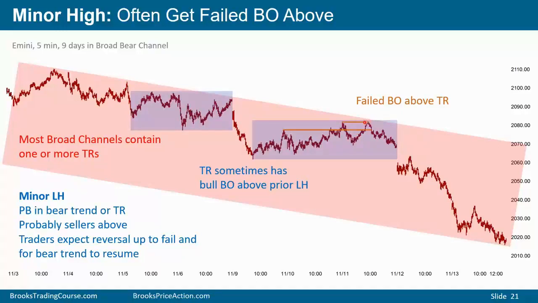At this point, is it in a bull trend or still a bear trend? Well, it's both. It's in a trading range, and whenever the market's in a trading range, it's always also in a bull trend and a bear trend. Here we're getting higher highs and higher lows, so it's a bull trend. However, we're still staying below a major lower high, so even with this rally lasting a couple of days, it's still a bull leg in a bear trend.